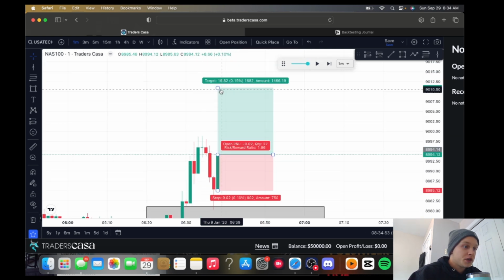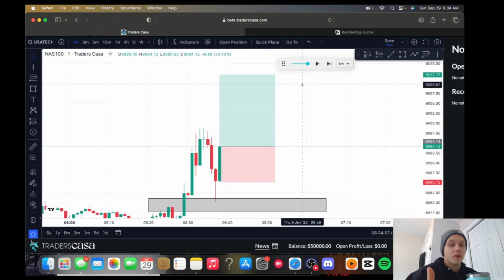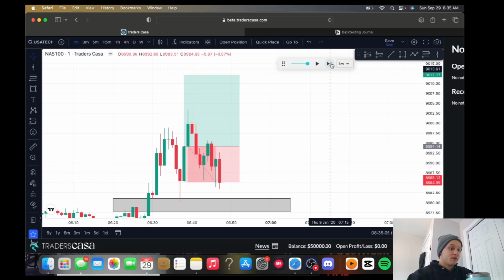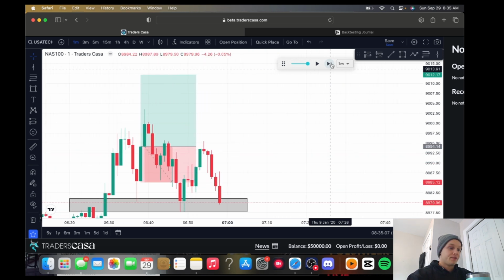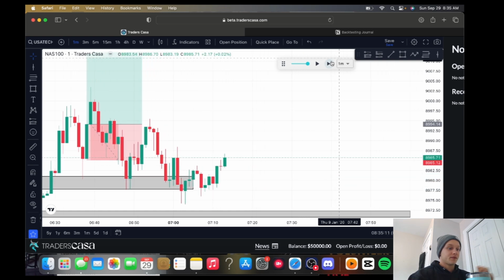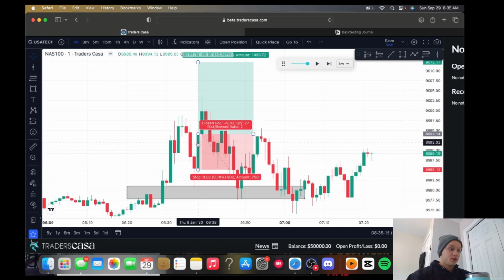So we've had one trade work out in session, one trade work out before session, one trade work out after session. We'd be at stop at break even right now, and we would have been taken out at break even. And now we're just kind of consolidating. So this would be January 9th.